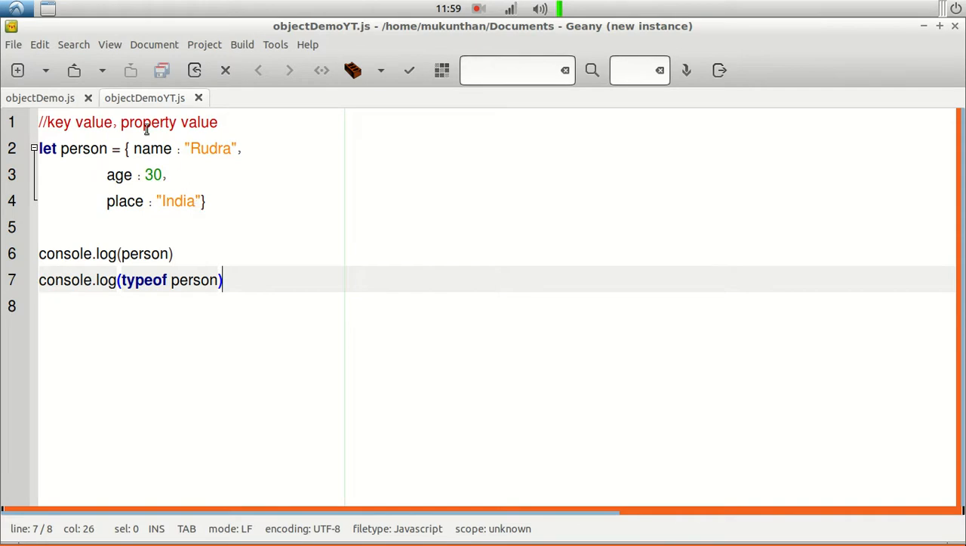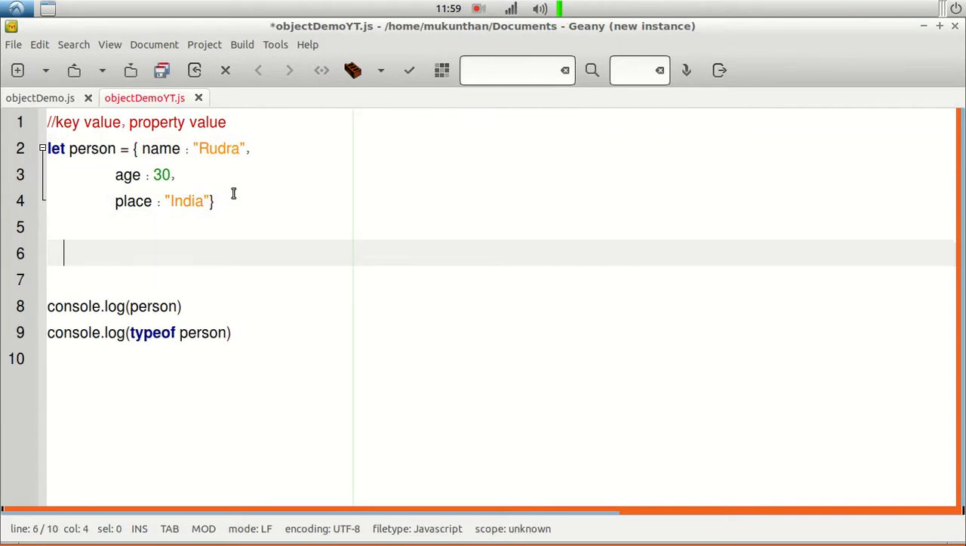Now clearly we can understand person is the reference to the object. That means in the reference you will not have the entire object. You will be having only the address of the object. This will be very helpful when you understand pass by value or pass by reference. For example, let's say let b is equal to